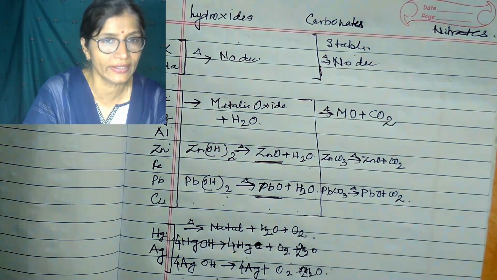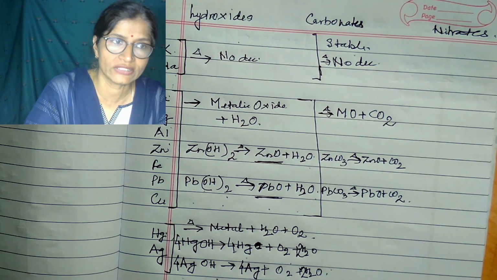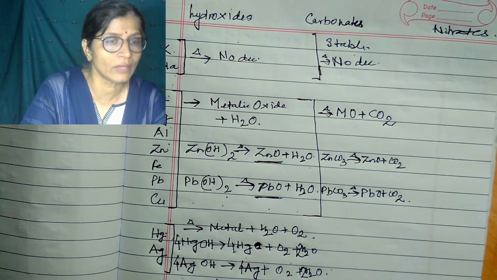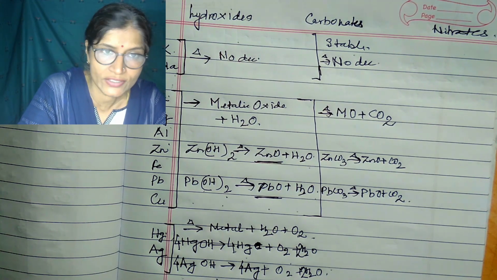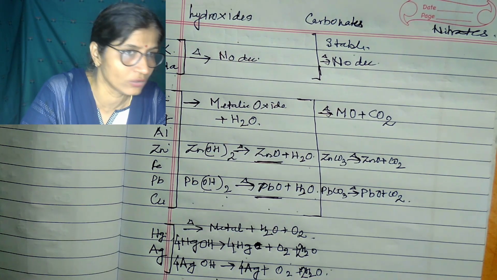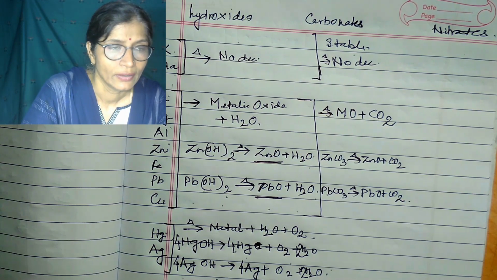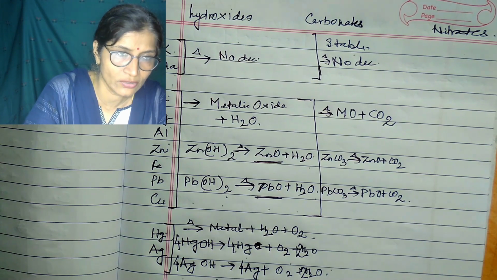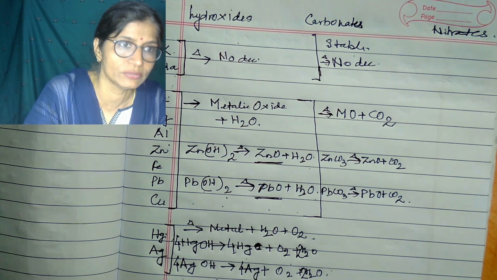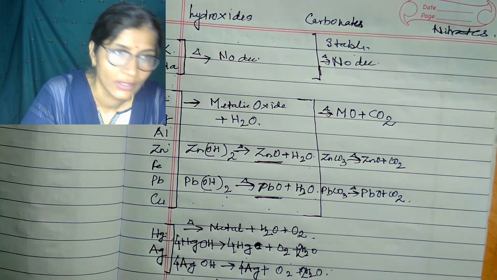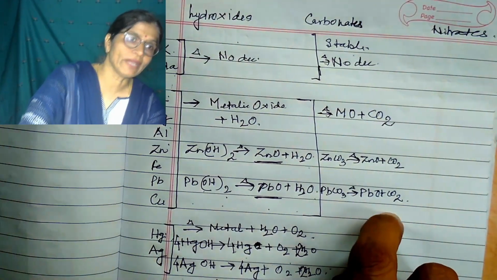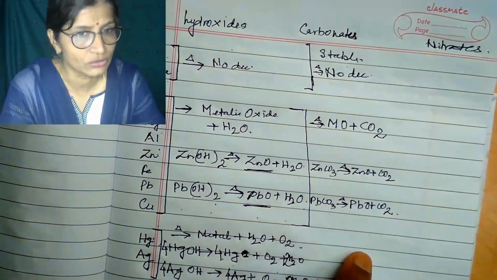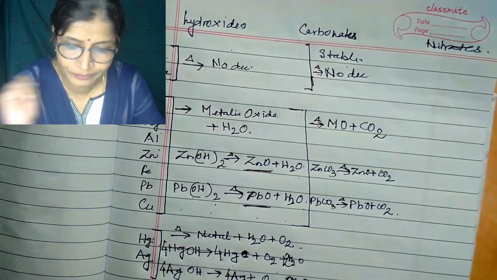Now, how will you identify carbon dioxide? Carbon dioxide, when passed through lime water, turns lime water milky, but has no impact on potassium permanganate solution or potassium dichromate solution. When carbon dioxide is passed through KMnO4 solution or K2Cr2O7 solution, no change in color is observed. But when it is passed through lime water, it turns the lime water milky.